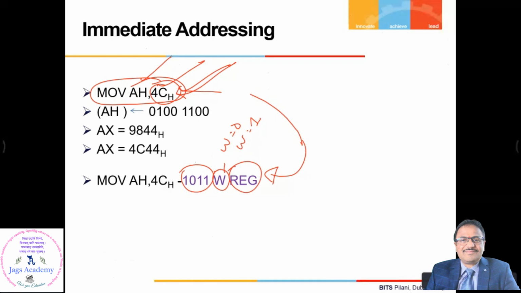There's no question of data coming from the register. Have you understood this now? For the instruction MOV AH, 4CH, we need not use that earlier instruction format because data is always going to the register. And you have an immediate data which is going. So what you need to do is put that immediate data in the instruction itself. That's why the format is